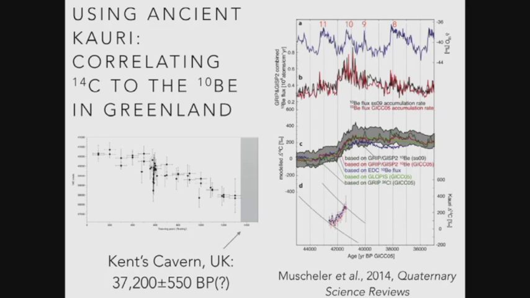And working with people like Raymond Muscheler, this is a paper that came out in 2014 using a series, what you can do is convert those changes in beryllium-10 in the ice cores, which are these peaks here in the red and the black on the second panel, to radiocarbon changes effectively. You can put it through a model and convert the output. The key thing here is that this series is basically put on the same trend. And here's the Kauri C14 and here's beryllium-10 generating another radiocarbon record.